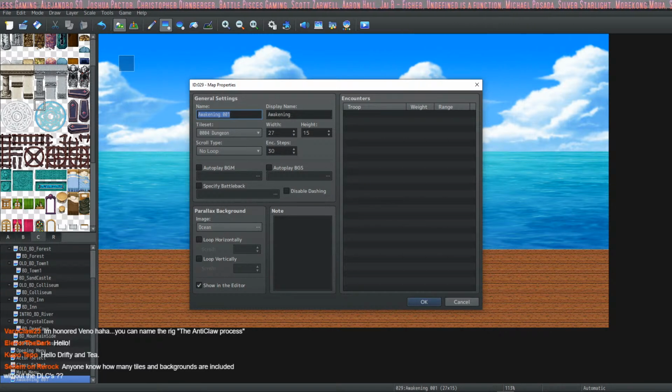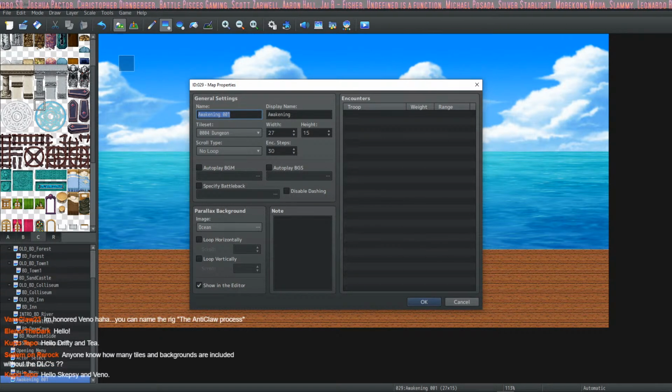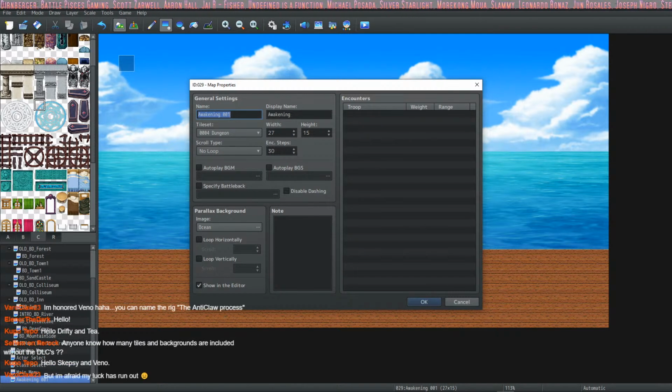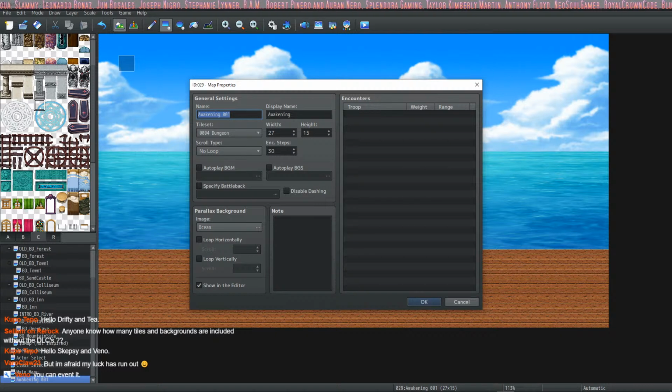You can walk under things now natively in MZ because they added Star Pass ability to A tile sets. Finally. But you can't walk on top of the same one. You'd have to change the tile set, which isn't that hard to do. No, just create an event. So yeah, you can do that without Tile D now. Yeah, that's pretty cool. You can event it. It's easier now than it's been in the past.